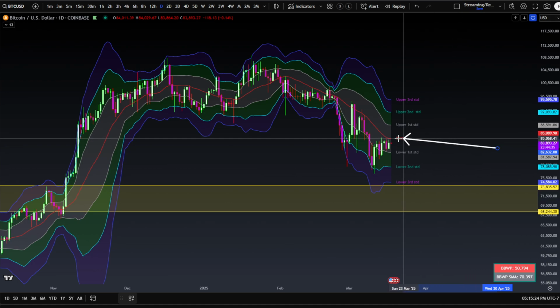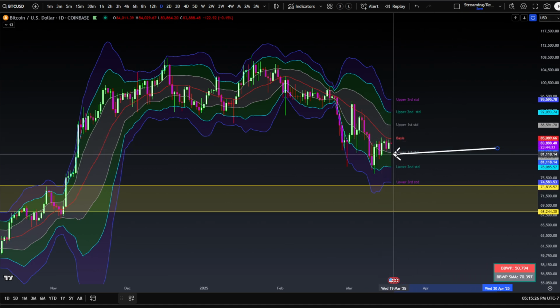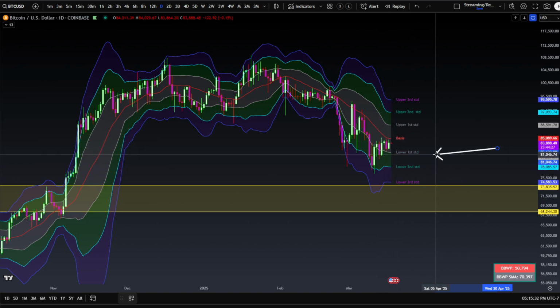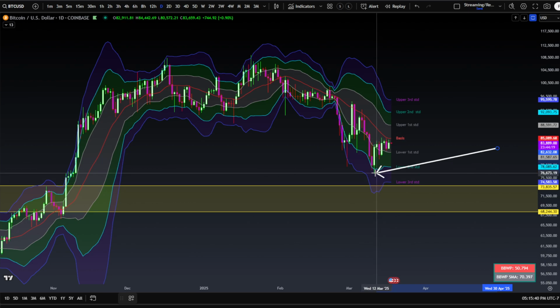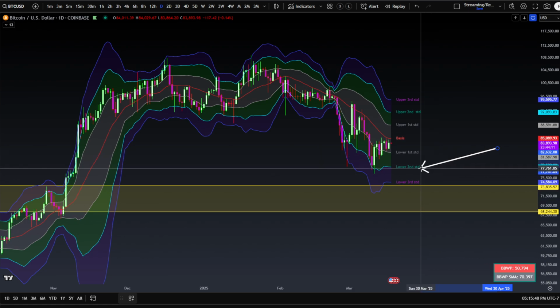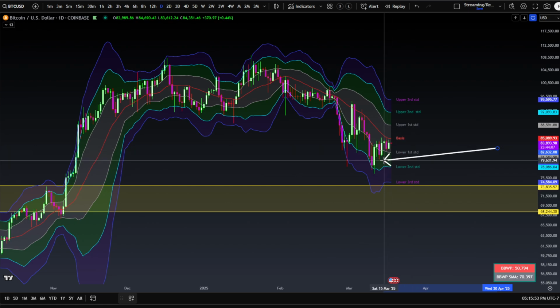Now, if we did see this close in a big green candle from here, let's say, and set this as a low, could you argue that that is your higher low? We'll see what develops from here, but realistically, we've got one or two drives down towards the lows. It wouldn't be bearish, in my opinion, if Bitcoin came back down to test around that 80,000,